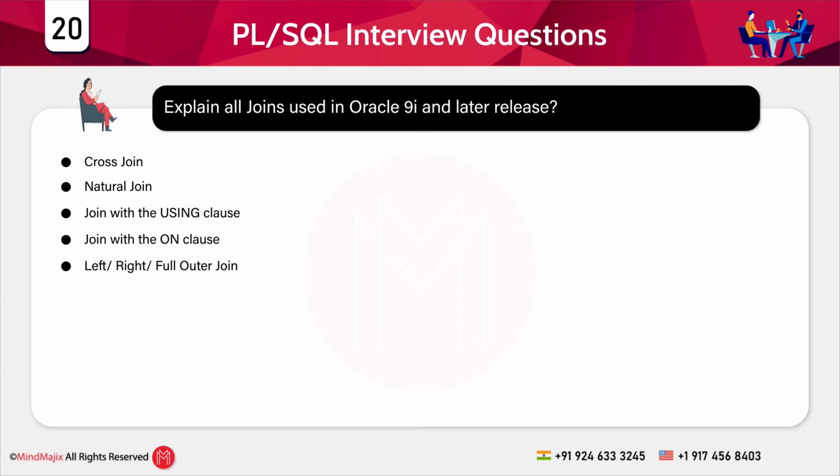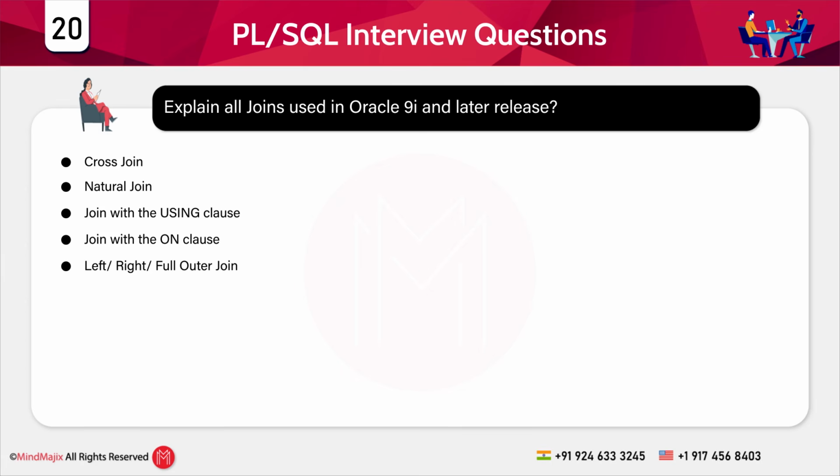And finally, we will talk about the left, right, and full outer joins. Left outer join displays all the rows from the table that is left to the left outer join clause, and right outer join displays all the rows from the table that is right to the right outer join clause. And full outer join displays all of the rows from both the tables, either left or the right to the full outer join clause. So guys, with this, we have come to the end of the beginner, or you can say the freshers questions.